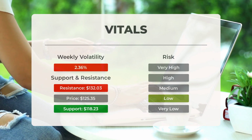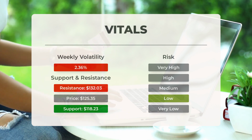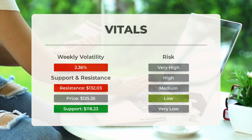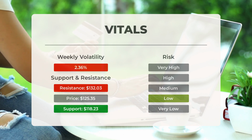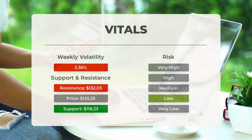If the current support is broken, the stock may fall to the next support level, which in this case is located just below today's level at $118.23. If that level is also broken, then the next support from accumulated volume will be at $116.52 and $114.49. Jazz Pharmaceuticals plc tends to have very controlled movements and is considered to have low risk due to its